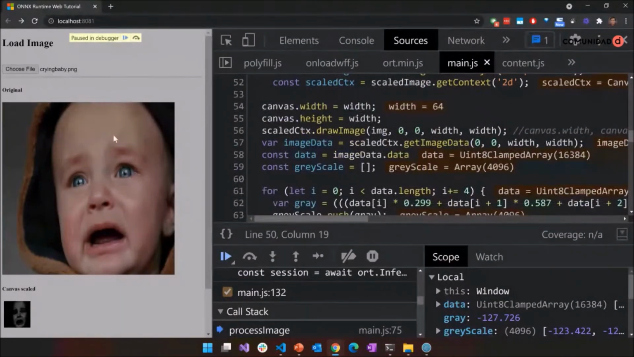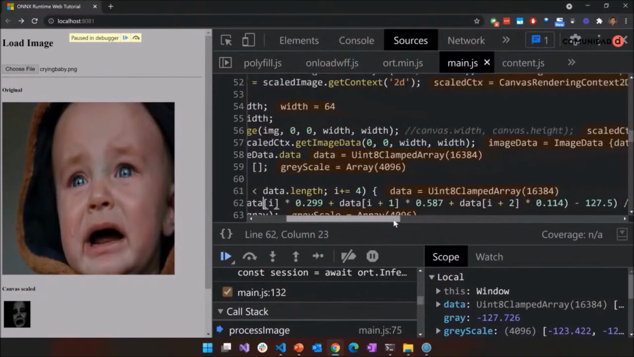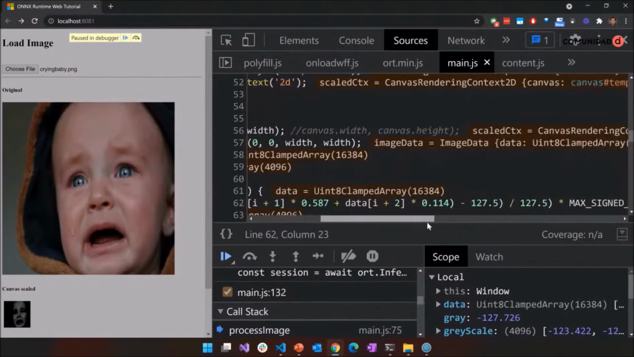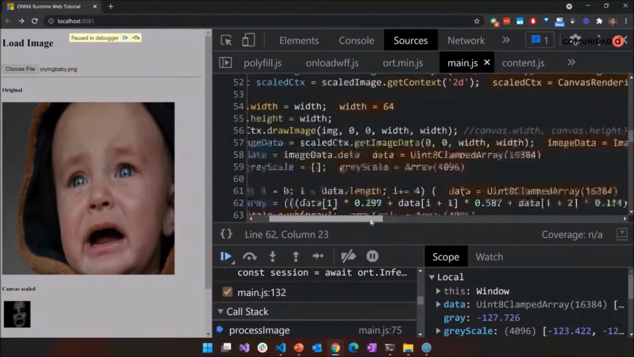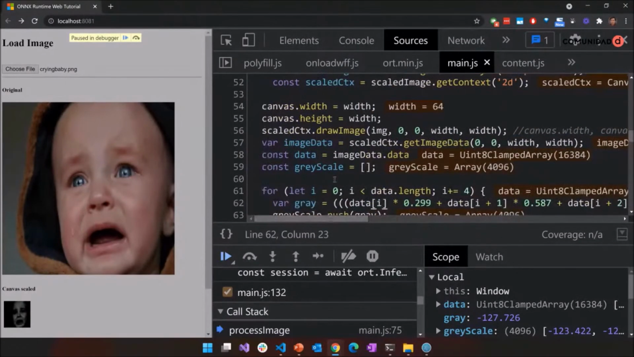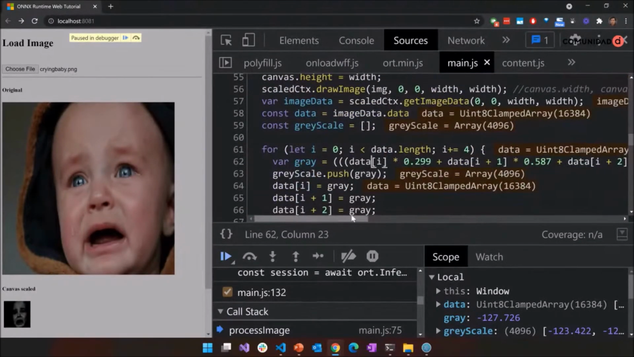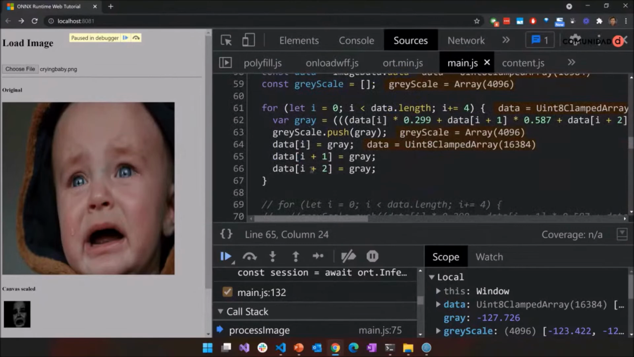So I resized this image to 64 pixels by 64 pixels, and then I need to convert it to grayscale. How I converted it to grayscale, there's a formula that I used, and I found out that there are different ways in how you can convert an image to grayscale, but it seems like this model performs better if it looks something like this grayscale. So once I convert it to grayscale,